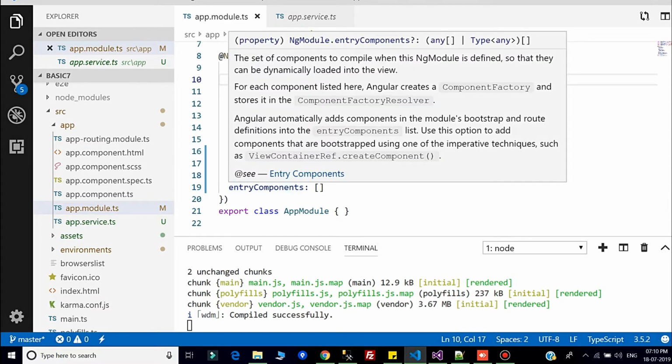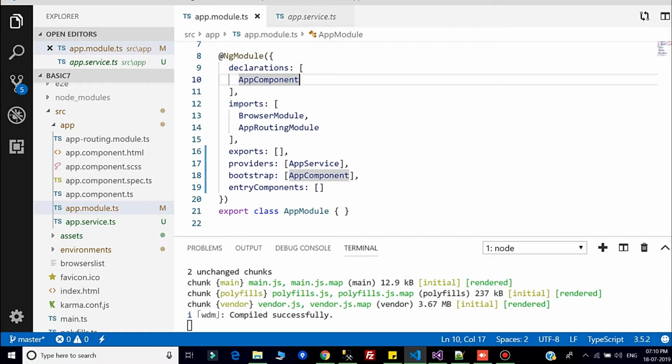Now coming to the entry components. Entry components are nothing but runtime pages. That means suppose you have one component like an employee component, and in that component one button is there, that is new, let's say register employee, a good example. Now if you click register employee, one dialog will open, and inside the dialog the employee registration form will be rendered. So in that scenario you should register the employee component in the declarations,